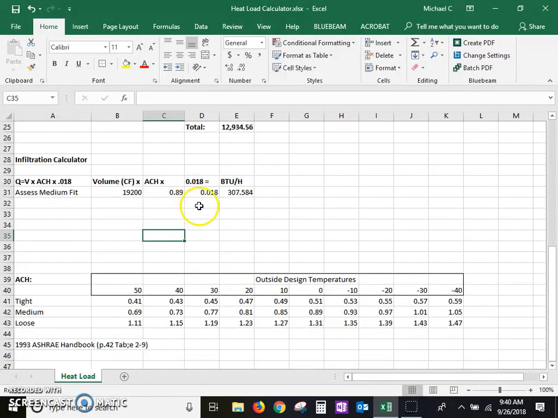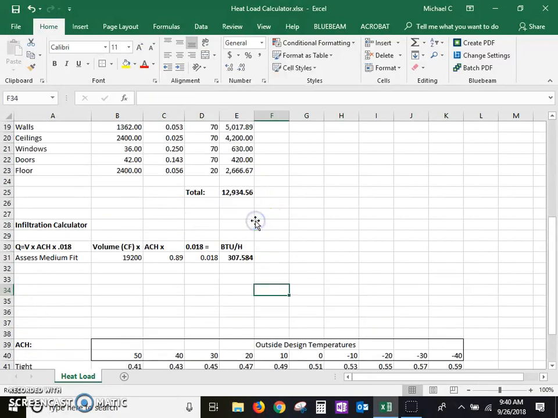So this, right here, I'll bold it. We're using 12,000. We need a heat source capable of 12,934 BTU hours to heat our house, just based on transmission, heat loss through the walls, and 307.584 based on